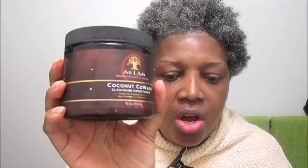Hey great friends, I just finished, well, a while ago I co-washed my hair with the As I Am coconut co-wash. I conditioned with the Tresemme curl hydration, and I'm still using my white tops. I do have some black tops, but I haven't used those yet. The black top is the new formula, and I